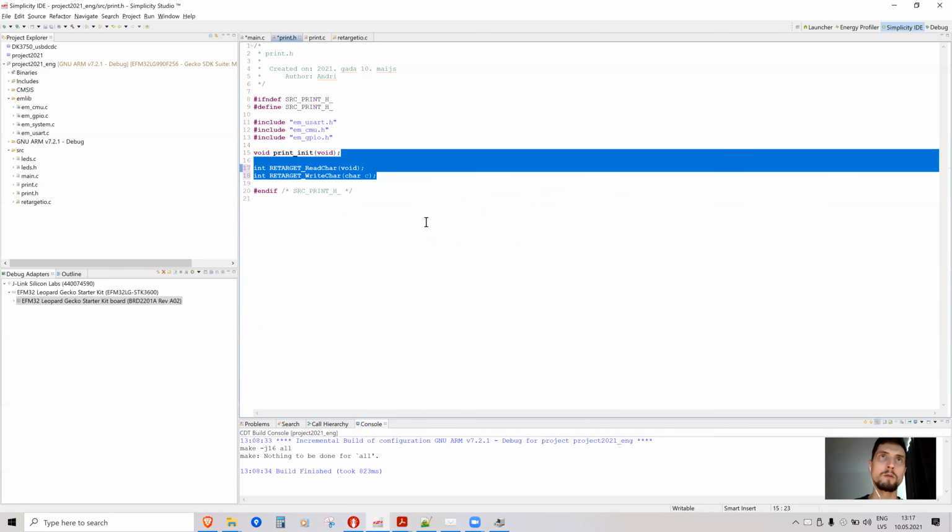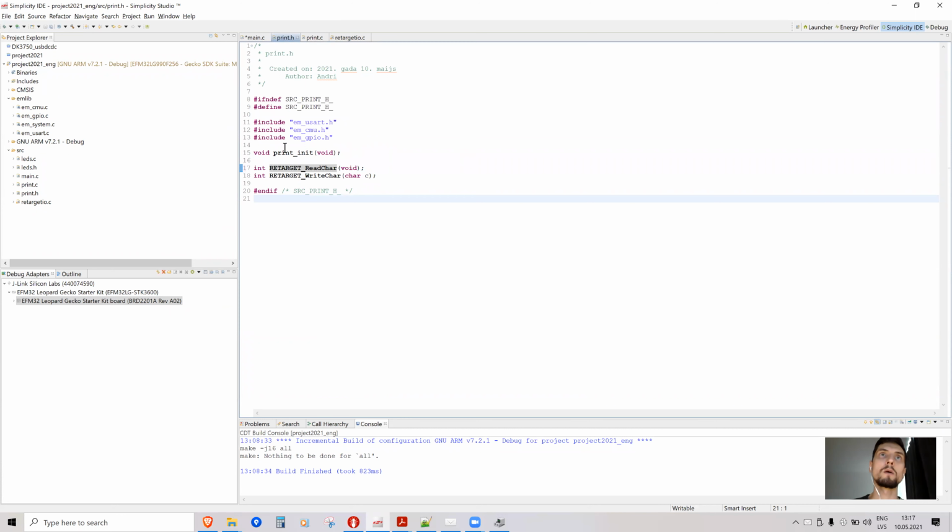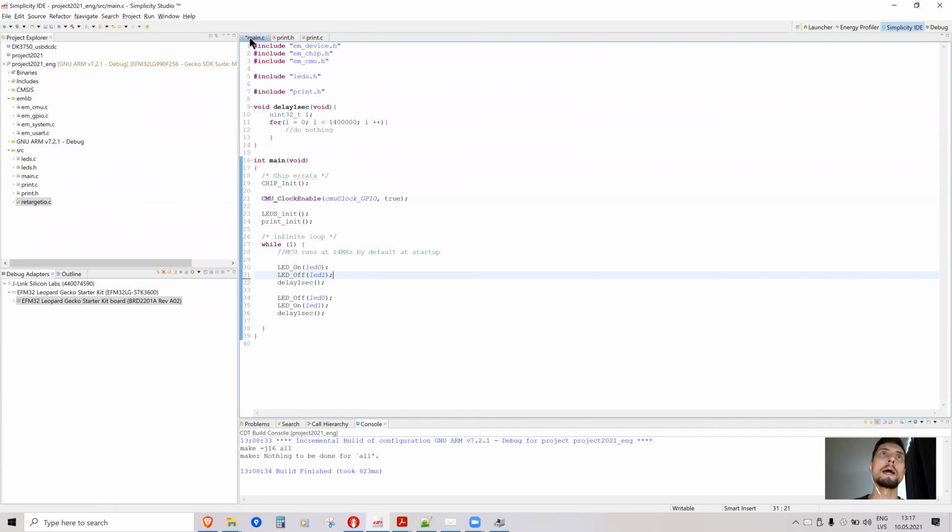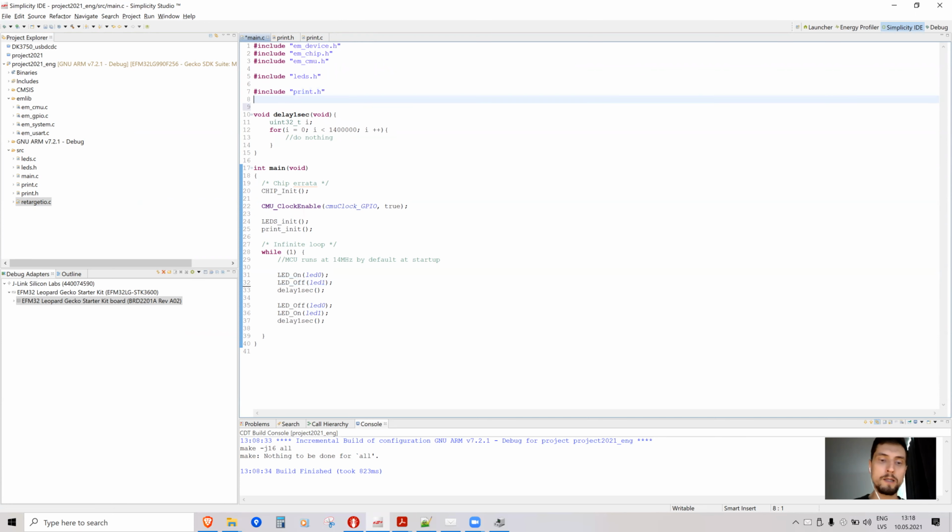In print.h, we created the names for these functions. We copied the retarget IO.c file into our project source folder. Here it is. And this results in the following thing, that in our main code, if we also write hashtag include